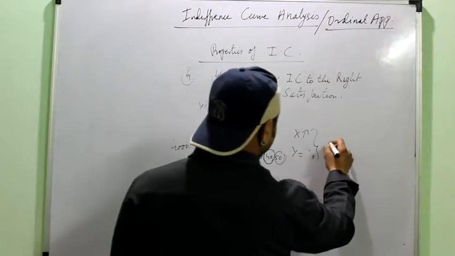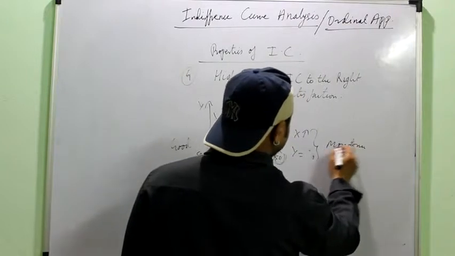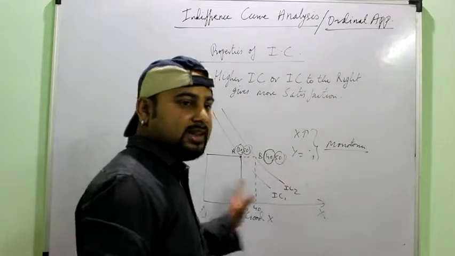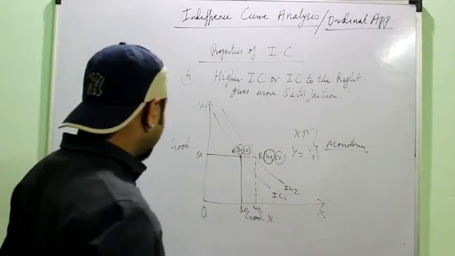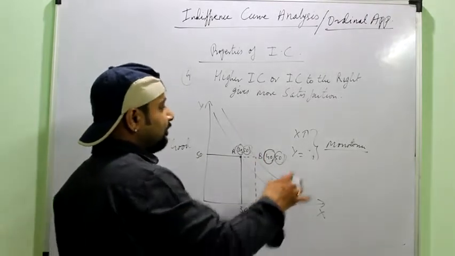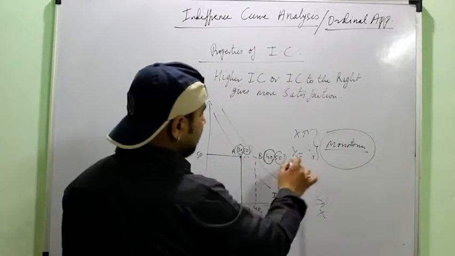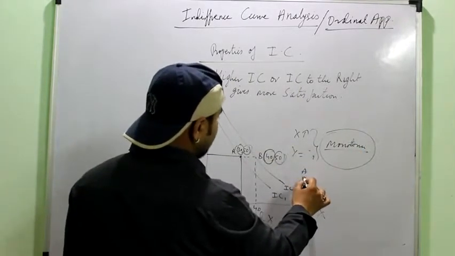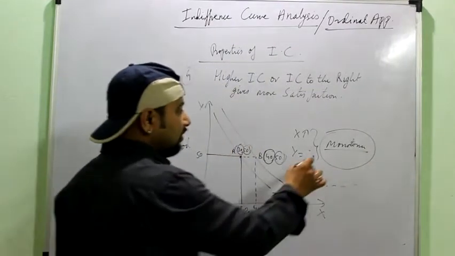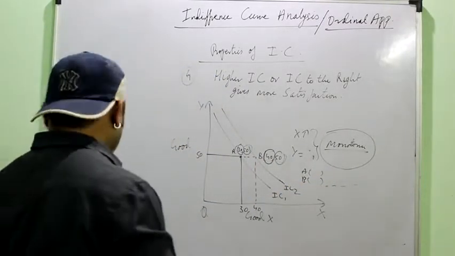So again according to the monotonic preference, an IC to the right would mean more units of goods and more satisfaction. So any IC lying to the right, or a higher IC, will always give you a higher amount of satisfaction, and again when you are explaining this, the diagram is mandatory. This logic you have to show. Numerically you can write the ordinates of points A and B, and then theoretically you can just explain in two lines that according to the monotonic preference the IC will have more satisfaction if it is lying to the right of an IC.